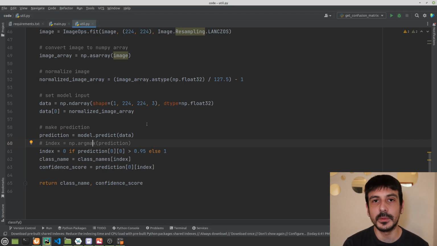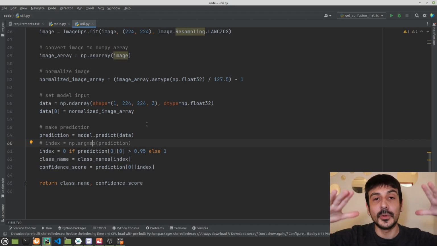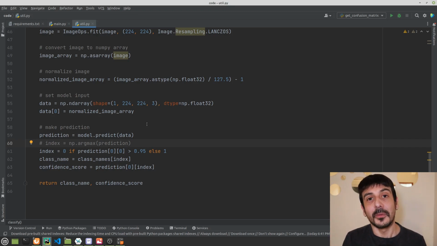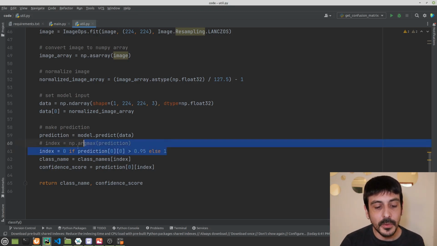And this is what I want you to take from this video. This is by far the most important part of this tutorial. Sometimes when you are training an image classifier, when you are training a machine learning model, things happen. If you're expecting everything to be super smooth and super straightforward, then think again. Because when you are training an image classifier in real life or any type of machine learning model, things happen. And whatever problem arises with your model, with your classifier, you need to provide a solution. You need to fix the problem. And in order to fix the problem, you need to be creative. You need to think outside the box, exactly as we are doing over here.